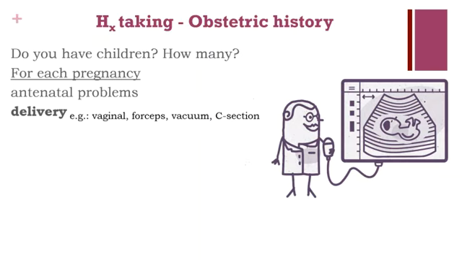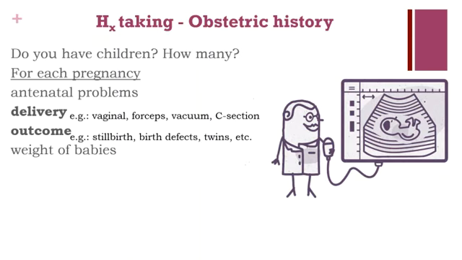Was it a C-section? You may want to know more about the outcome, like stillbirth, birth defects, twins, etc. You may want to know more about the weight of the babies,